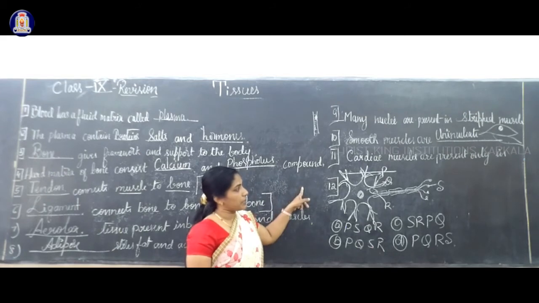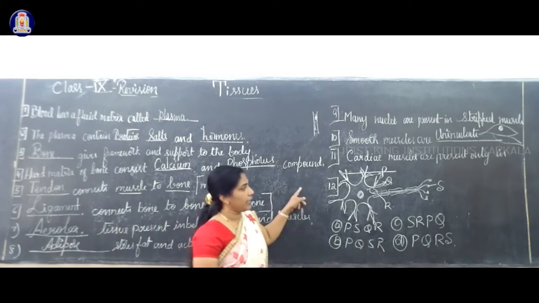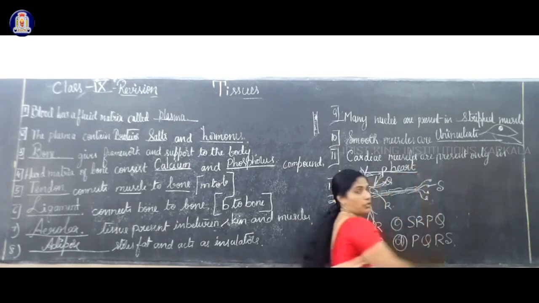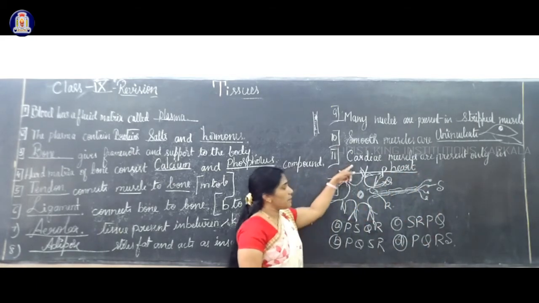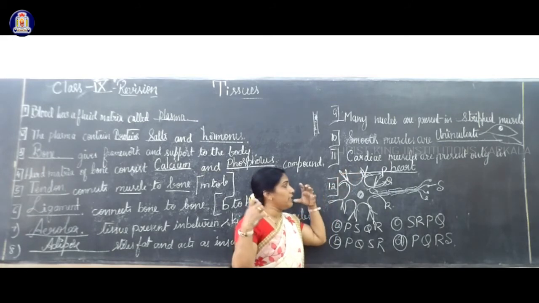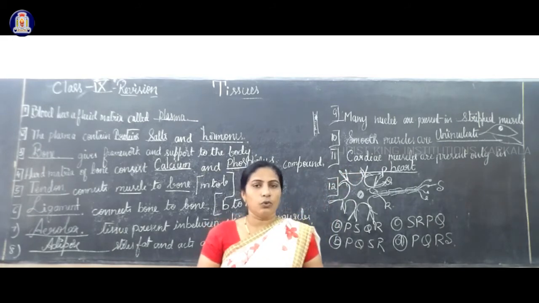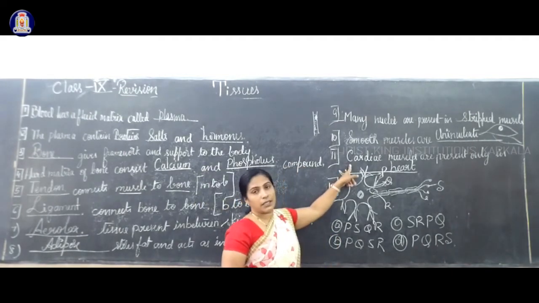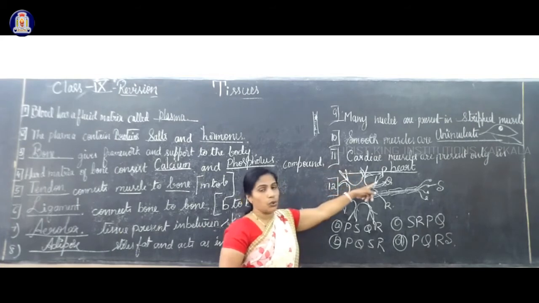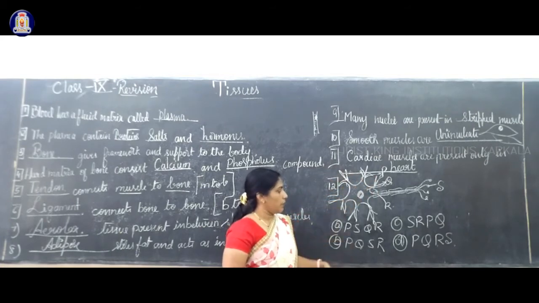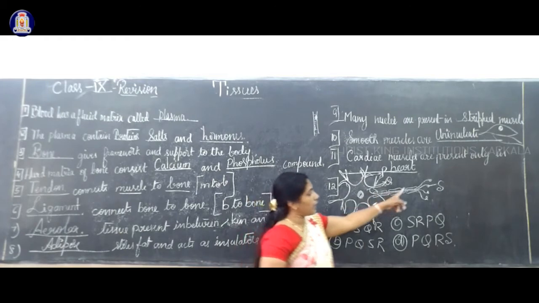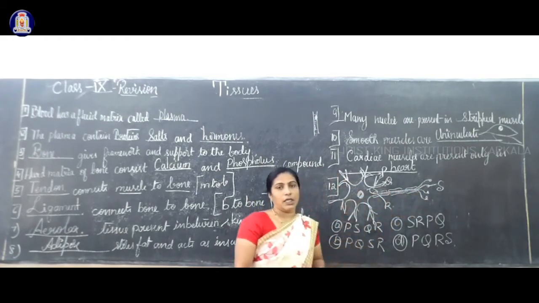Cardiac muscles are present only in dash, that is in the heart. So rhythmic contraction, the beating of the heart, is because the muscles should be very strong in the heart. There will be no fatigue, no tiredness, otherwise we will die. So that is because of a muscle called cardiac muscle, present only in the heart. Next one. This question is repeated maximum times. They give the diagram, they give the alphabets, sometimes they give mini diagrams of the same nerve cells.